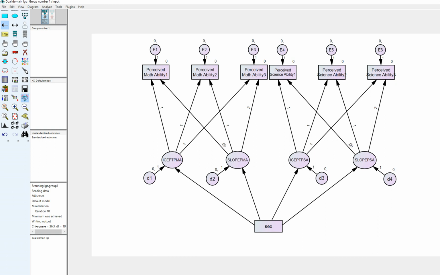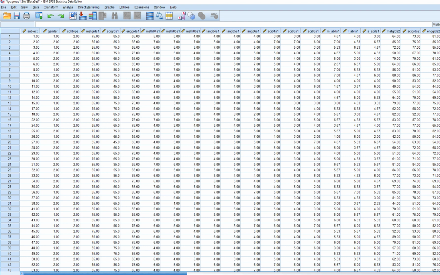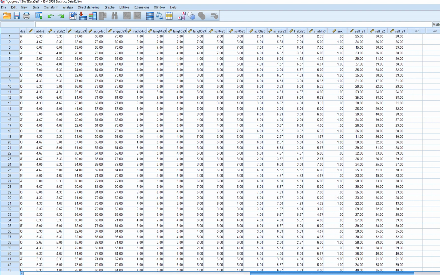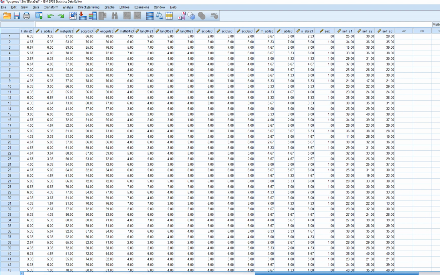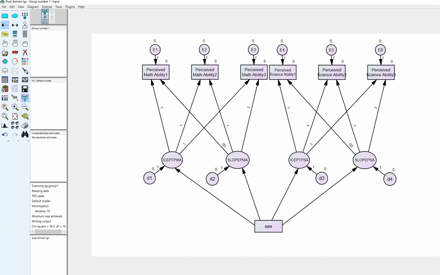So at this point, let's run it really quickly. I just want to take a quick look at one other thing here. You'll notice that sex is coded 0 for female and 1 for male. So when I go under here and run the analysis, that will be important for understanding the relationship between sex and each student's growth parameters. So now I'll click on Calculate Estimates, and then go to View Text, and you'll notice